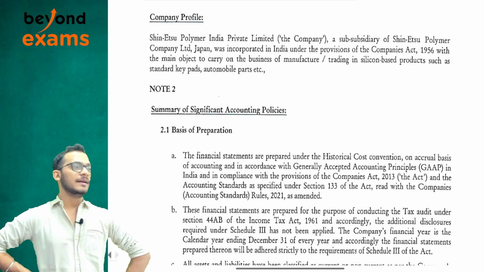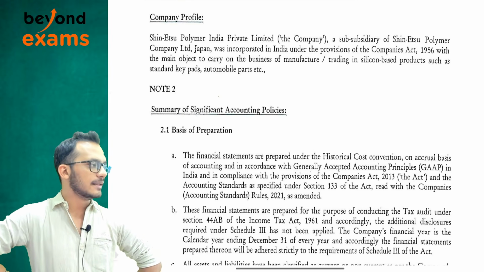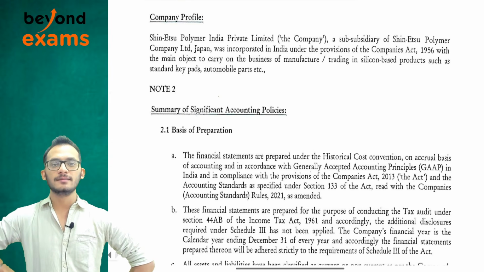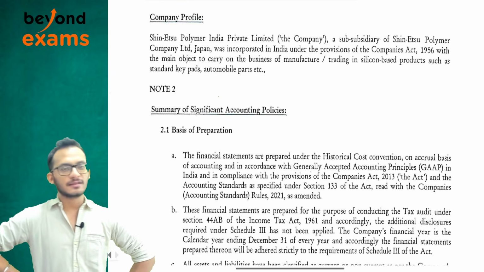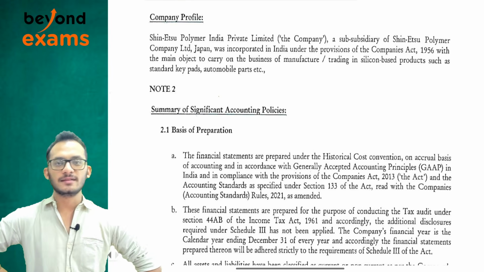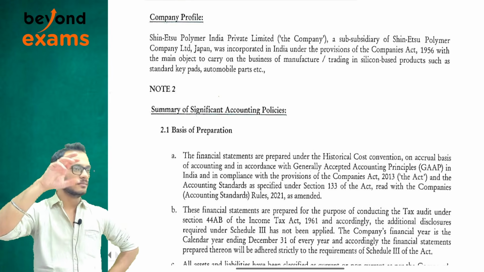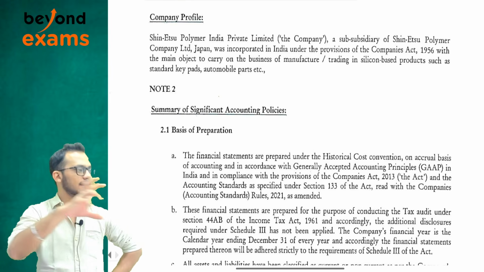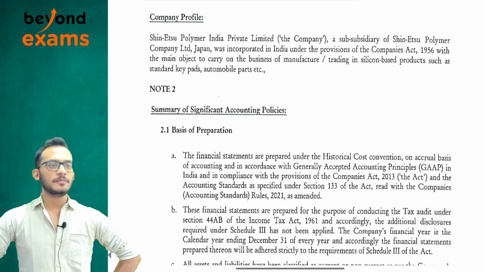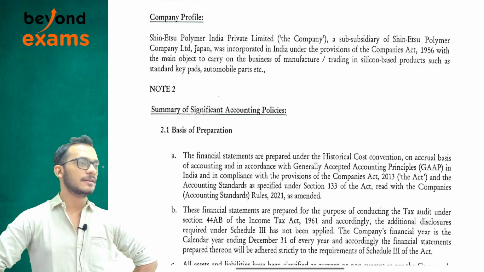Yes, the one place where notes to accounts becomes extremely critical is in an industry called real estate. Because there you have something called construction contracts, and construction contracts under ICDS vis-a-vis accounting standards are very different. They don't match. Accounting standard AS 9 gives you a different model, where they talk about approved works, non-approved works, and all those things get recognized in the P&L separately. ICDS does not recognize that. ICDS has a concept of percentage of completion method and project completion method, which means real estate's revenue recognition concept is very different than what